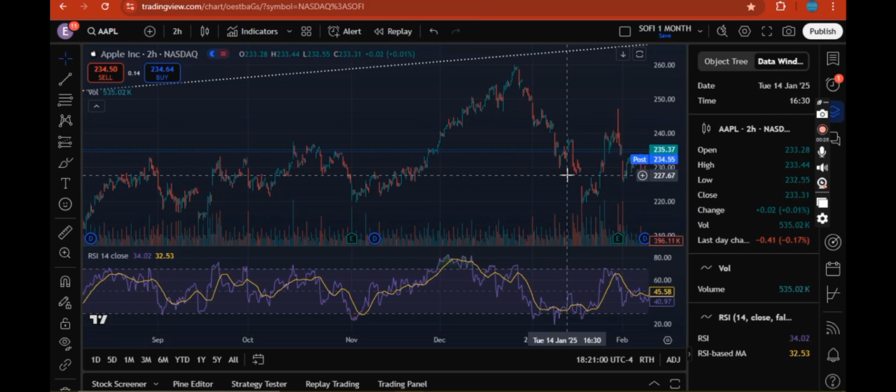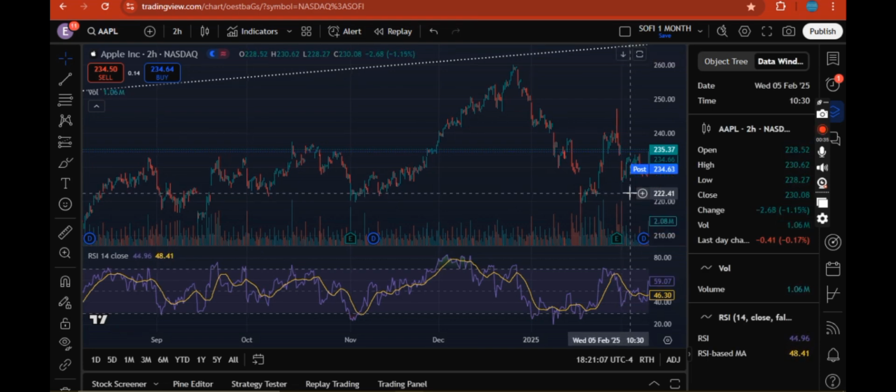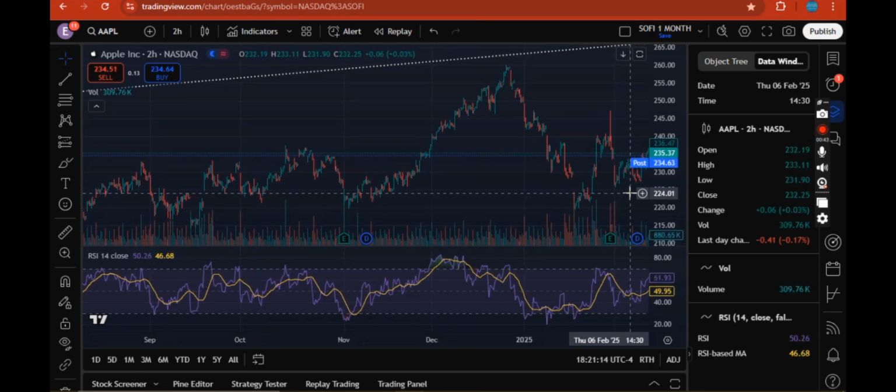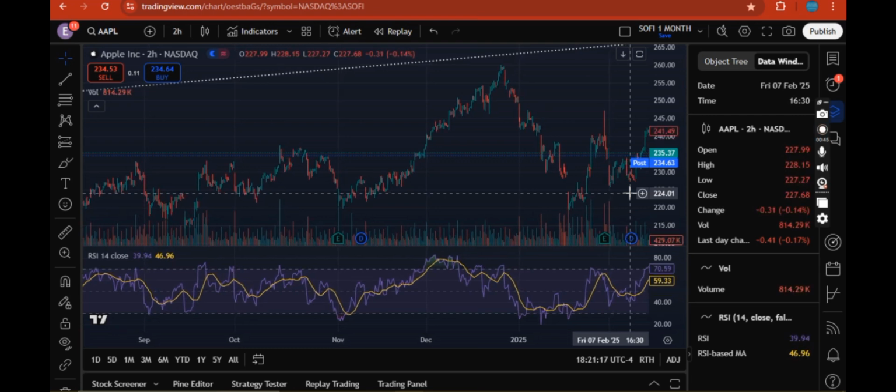So price was initially 227.60. So it goes up and continues to rise tremendously. 241.49. Now, if you're using this particular indicator for your entry point and your exit point,